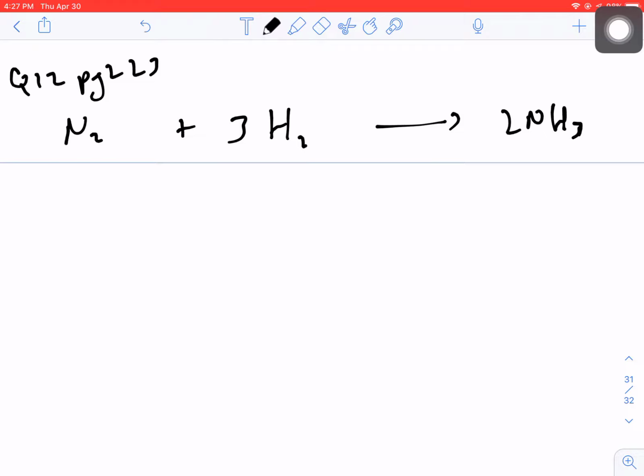Okay, so in question 12, it gives us a mass of nitrogen gas. Mass is 8.20 grams. And it gives me a mass of hydrogen gas, 15.0 grams. And the question is, how much ammonia are we going to get? You think, well, that's easy. 8 plus 15 is 23, right? The law of conservation of mass tells me that the mass of the reactants has to equal the mass of the products. Okay? The problem is,